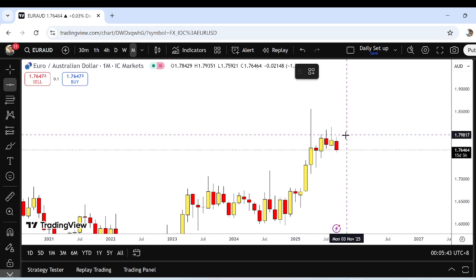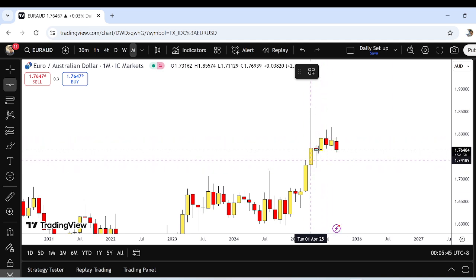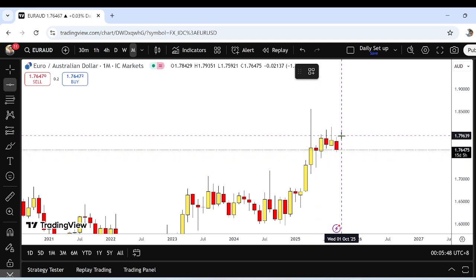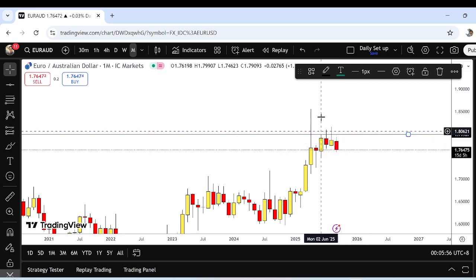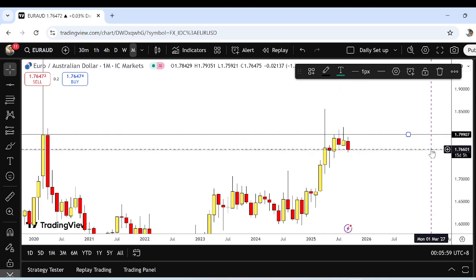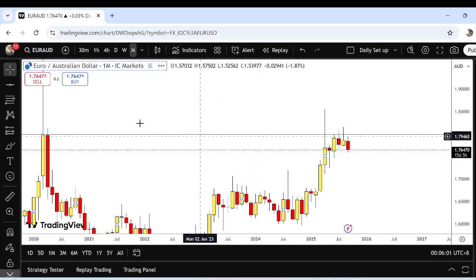Okay, and then for instance, there's a rally. This is a rally now. Price is making a base. So I'll just put the level here, because this is where all the price meets, right? Okay, I don't want to mark too many levels. So I will mark this level first, and then